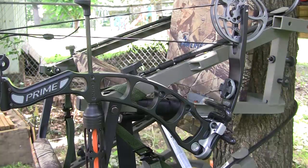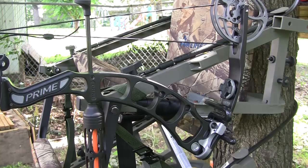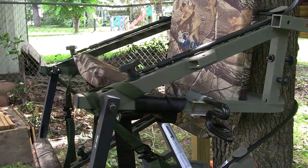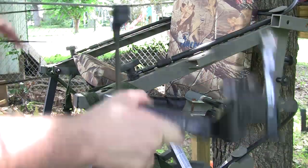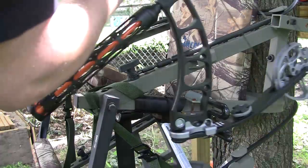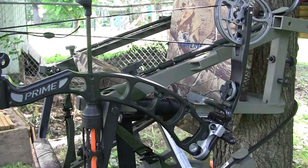Now once you get into your stand, you can actually rotate it back just a little bit, which I'm going to do in just a second, to make your bow just a little bit easier to grab as you sit there and do your hunt. Now you can also, while I've got this out on the front of your stand, put your bow at a back position like that, to where it faces the rear of your stand. Like I said, because of the positioning I had to do with mine, I had to put it just like that